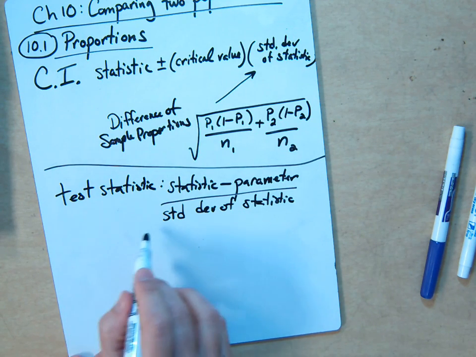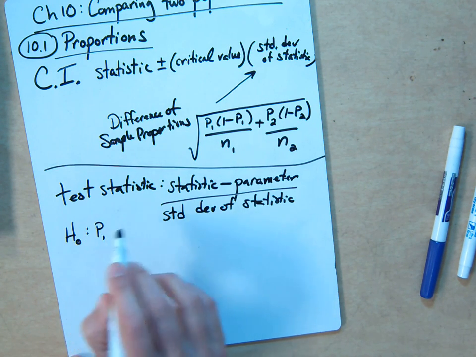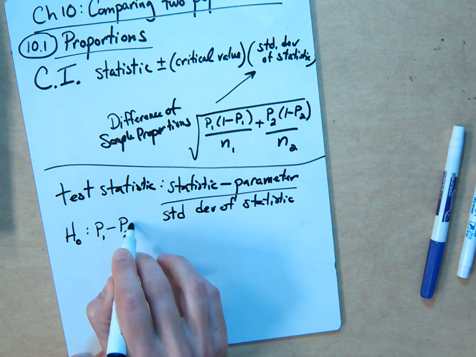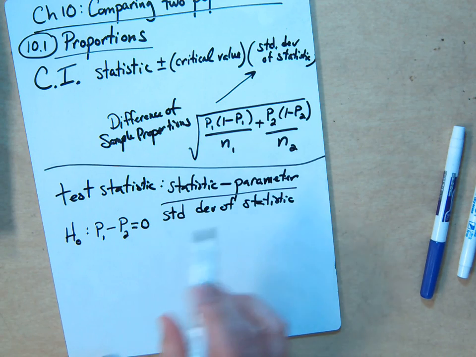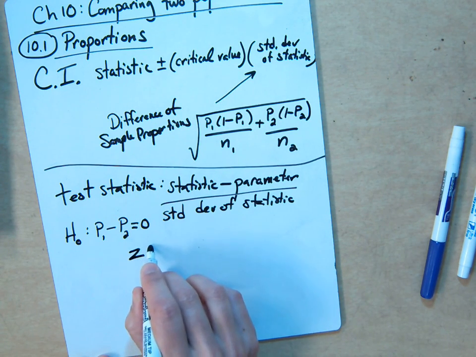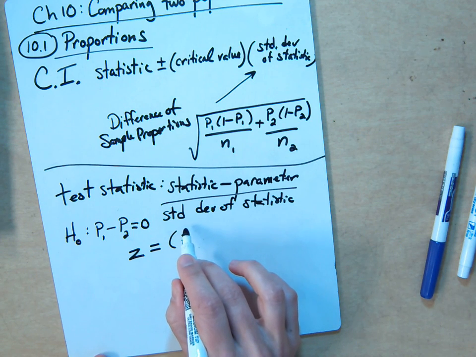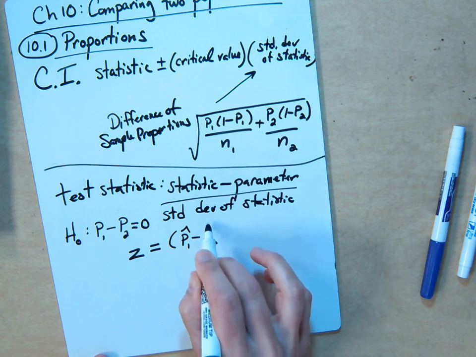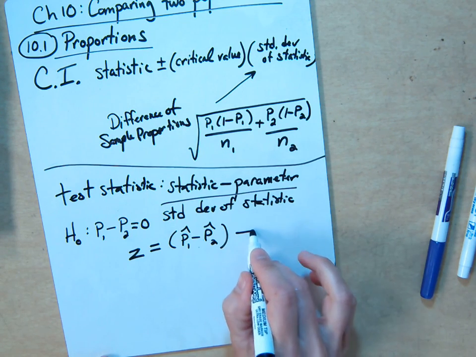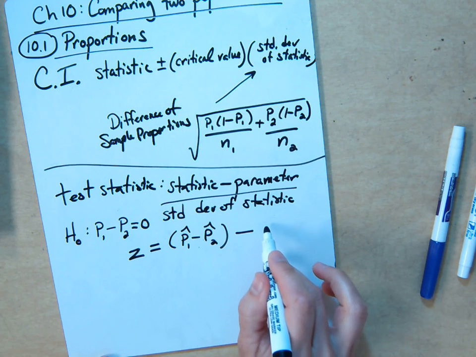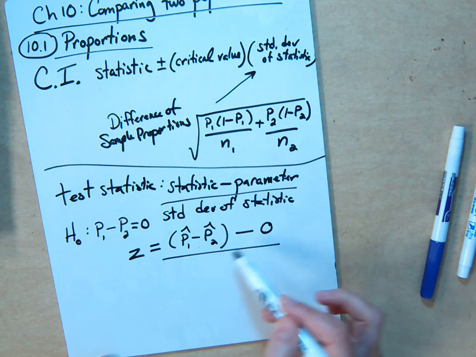So normally when we do the hypothesis test for the difference of two proportions, H naught will be that there's no change, so that there's no difference. So p1 minus p2 equals 0. And then H sub A will usually be greater than 0 or less than 0. Then when you compute your test statistic, you say z equals the statistic, and since it's the difference of the sample proportions, you're going to do p1 hat minus p2 hat, and then since the difference is 0 for what we're testing, you would say minus 0 for the parameter, since H naught is that the difference is 0, over